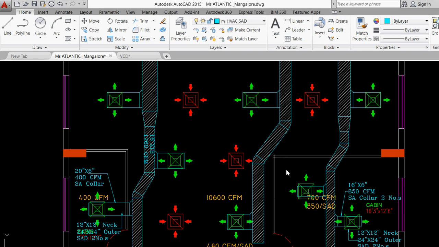Okay. Anyway, so now what we will do is we'll work on these cross talks. Cross talk is written air part. So the written air velocity has to be very less. You have to make sure the velocity is between 350 to 500 fpm.